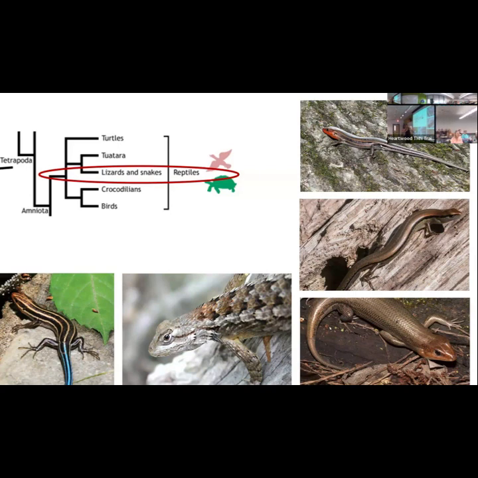Does anybody know who this guy is? Blue-tailed skink. Yep. This one? It's a Texas spiny lizard. It's not a horny toad. If he was a horny toad, he'd have a little triceratops shield on the back of his head. So he's a Texas spiny lizard, Texas fence lizard. We definitely have these in the woodlands. Anybody know these guys? Broad-headed skink. Who's that guy? Little brown skink. And then this one, what is it? It's a 5-line skink.